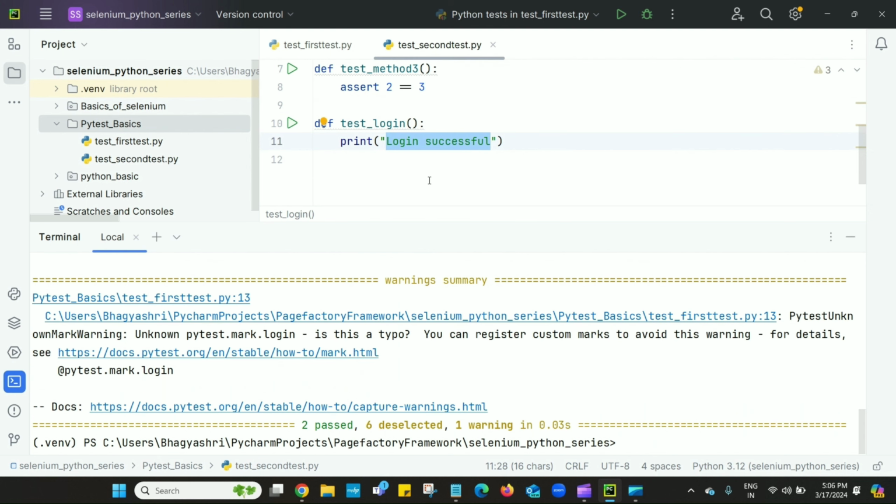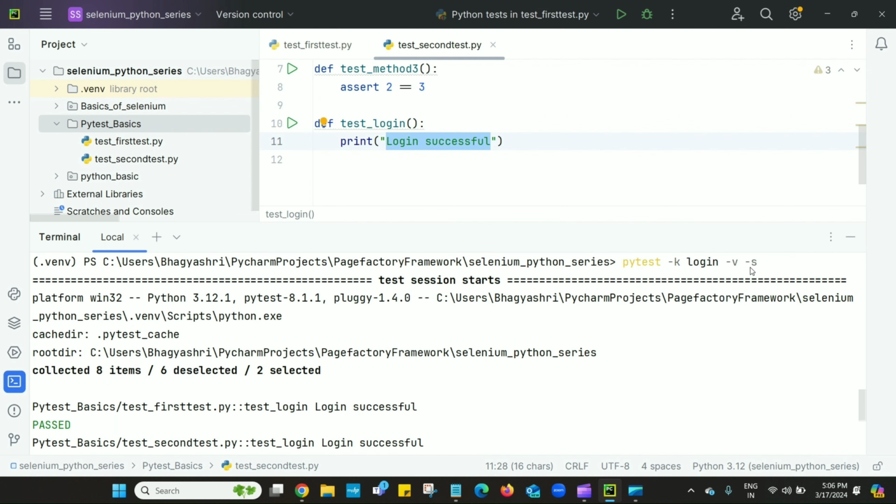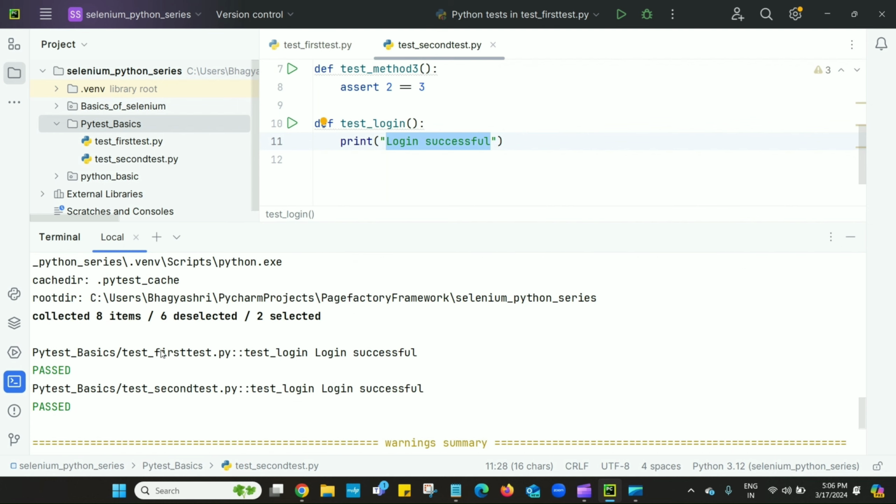So for printing the console output, we can use -s. Using this -s, we will get the console output. Now you can see after passing -s, these two test login methods from the two files, first test and second test.py, are executed, and we are getting the output login successful, means console output we are also getting.